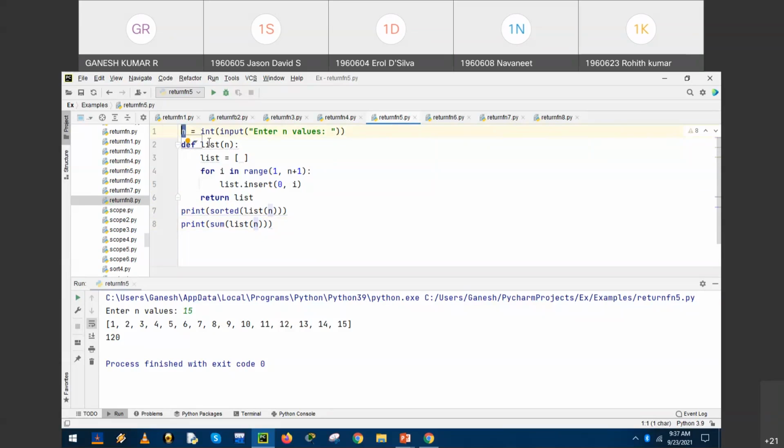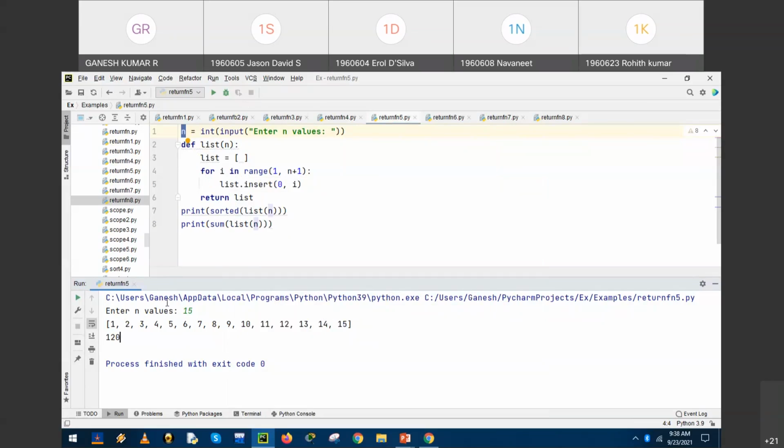So we can introduce a while statement. Even though we enter at the time of execution 15, its default value is 1 and the maximum limit. So the user can provide the input by using a while loop. We can have any input value. It need not be 1 to 15. It can have a mix of integer and float by extending the application with the help of while loop.